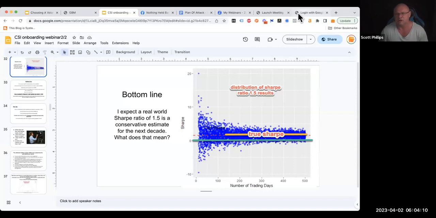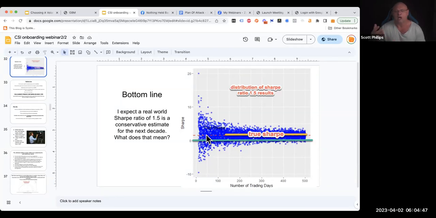And why is that? That is because right now we're running at a 1.81 Sharpe ratio. That's probably a little bit better than we can expect in the real world. In the real world, we can probably expect a Sharpe ratio of about 1.5. How do I come up with that number? I'll cover what it means in a second. How I come up with that number is that we can get the Sharpe ratio to about 1.2 in traditional finance markets. So it's reasonable to expect that we're going to do a little bit better than that in crypto, because crypto is riskier.